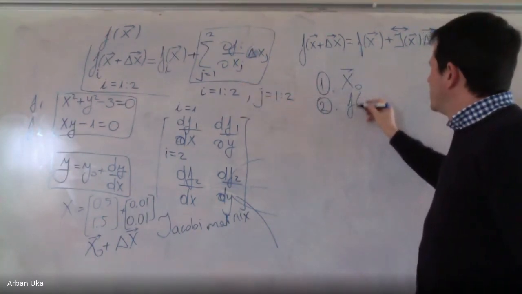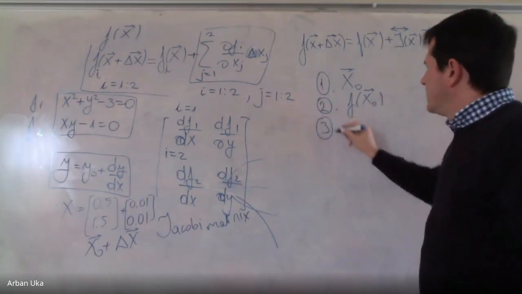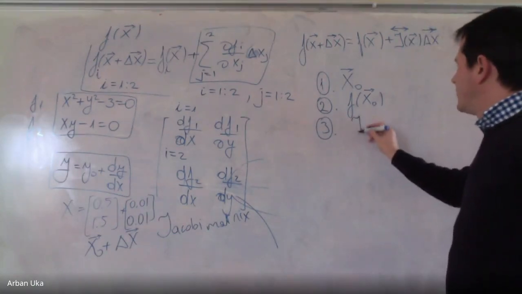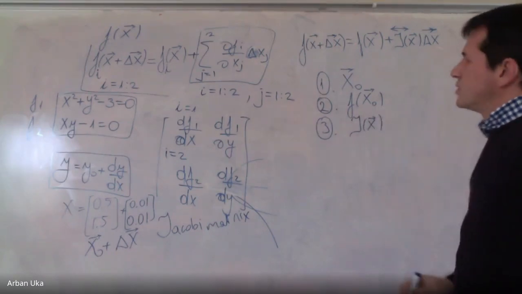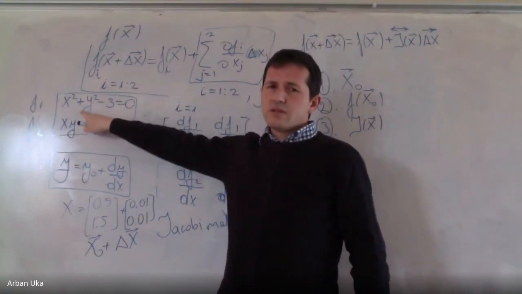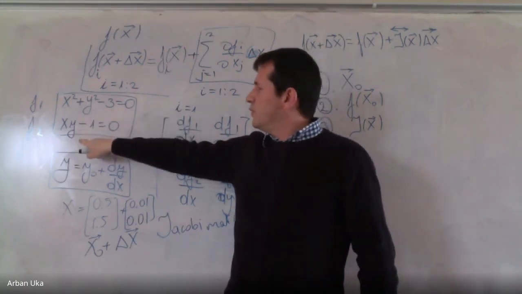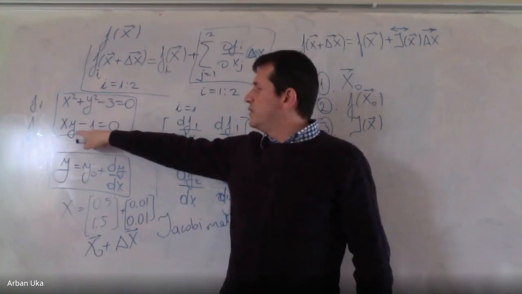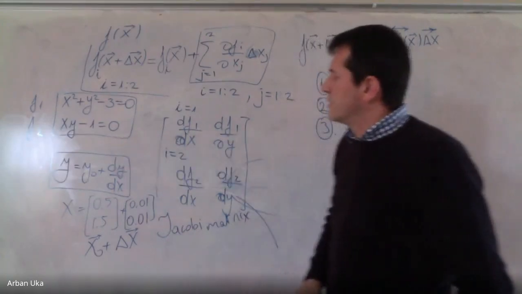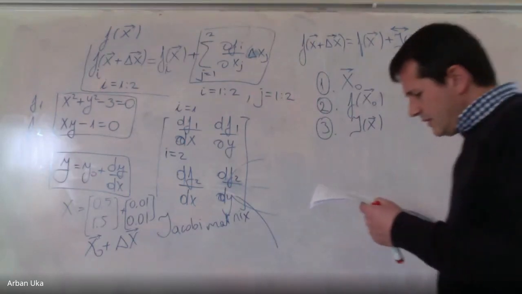Okay, so we evaluate this one, f(x0). That's the second step. The third step is to find the Jacobi matrix, which is the respective derivative of the first function with respect to x, which is just 2x. And the derivative of this function f1 with respect to y, which is 2y. Then we take the derivative of this with respect to x, which will be y, and the derivative with respect to y, which will be x, because we know how the derivative of a simple function looks like. So we find this, and then we should